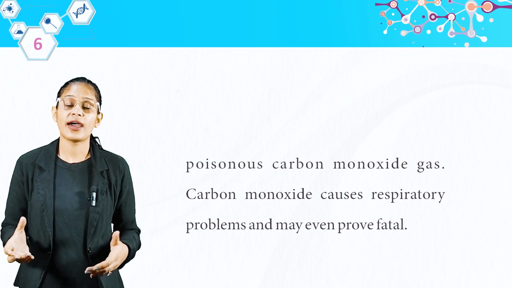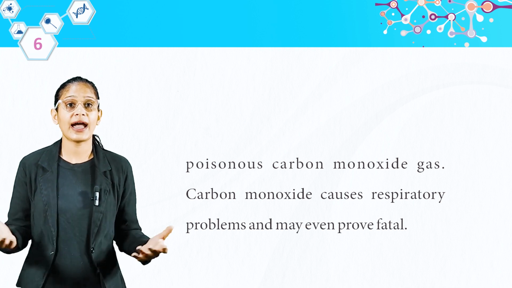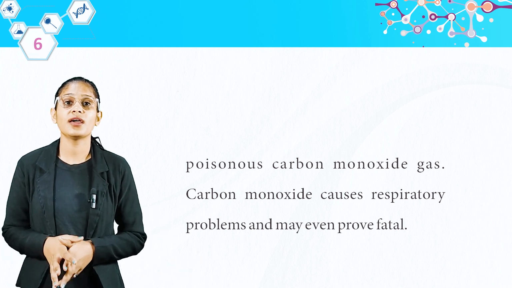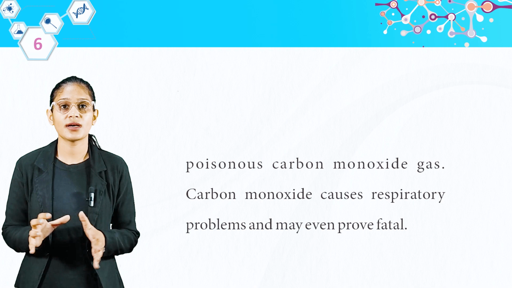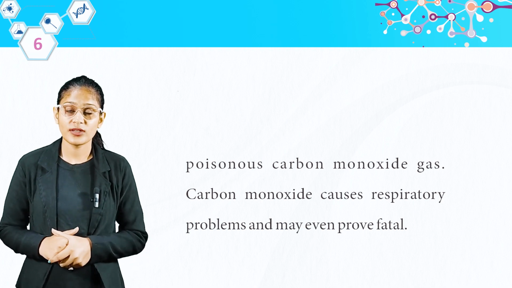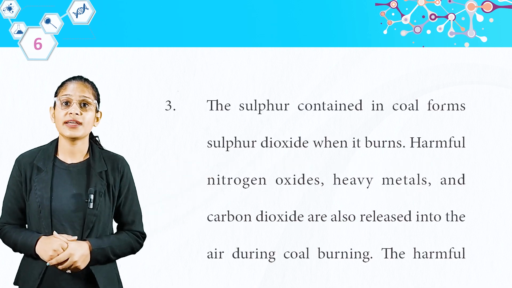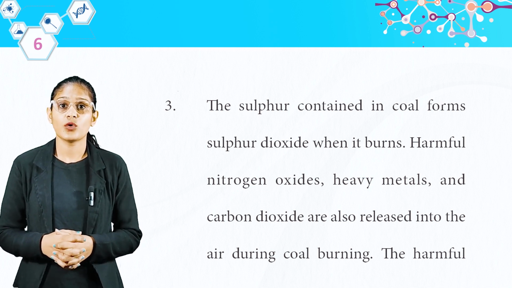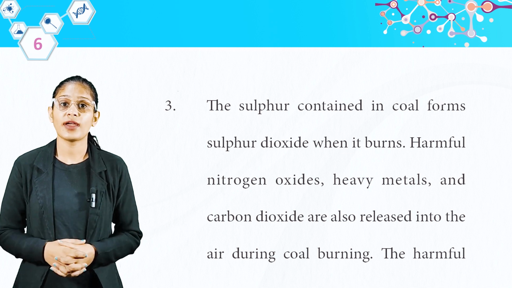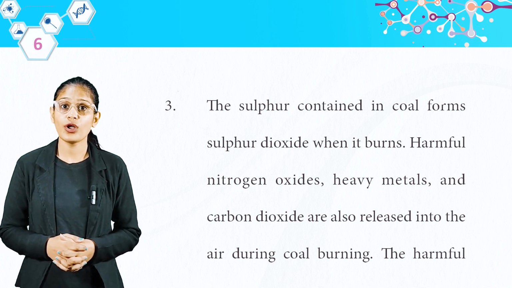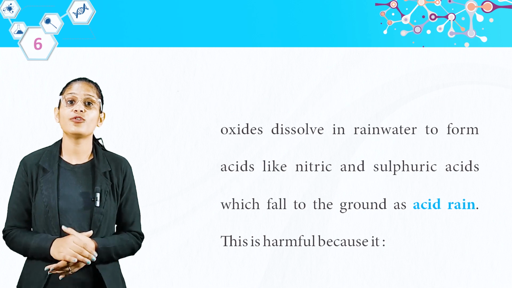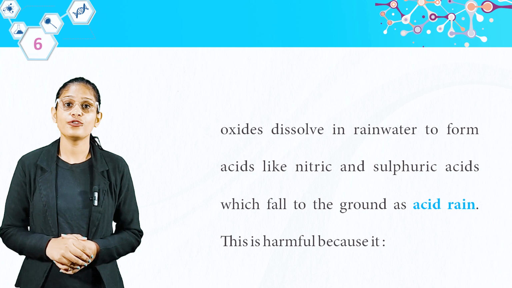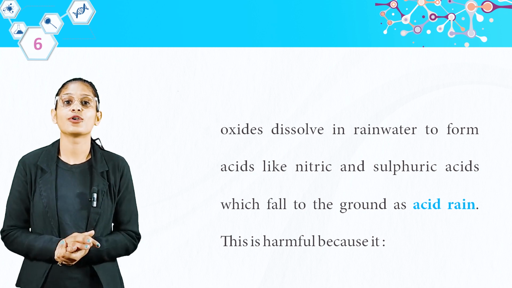So students, what do our carbon fuels release? They release carbon monoxide and a lot of gases, because of which our environmental system gets disturbed and diseases occur, respiratory diseases like asthma. Now third, the sulfur contained in coal forms sulfur dioxide when it burns. Harmful nitrogen oxides, heavy metals, and carbon dioxide are also released in the air during coal burning. The harmful oxides dissolve in rainwater to form acids like nitric and sulfuric acid, which fall to the ground as acid rain. This is harmful because it